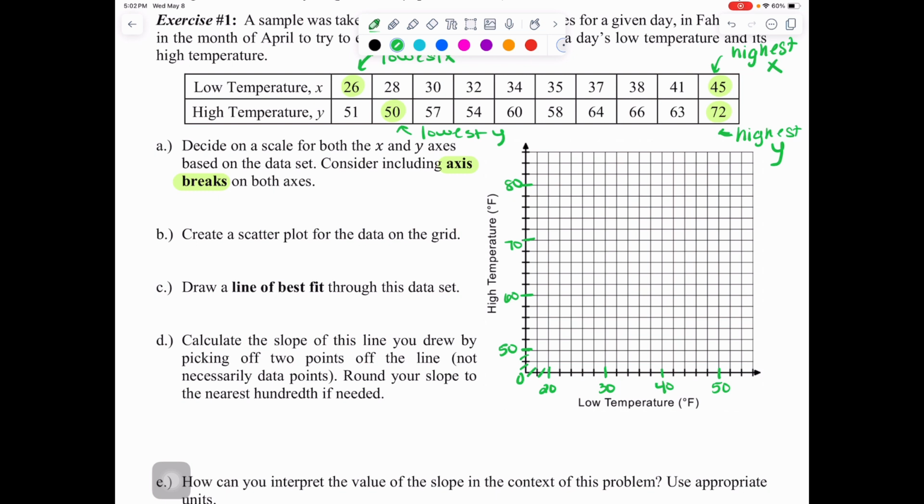And now we'll work from there to start creating our two variable statistics visual, which is going to be a scatter plot. So we will go to part B, create a scatter plot for the data on the grid. And it's called scatter plot because the points are literally scattered. So at this point, we're going to take and plot all of the coordinates onto this XY axis. So why don't you take your time and go ahead and plot all your XY combinations